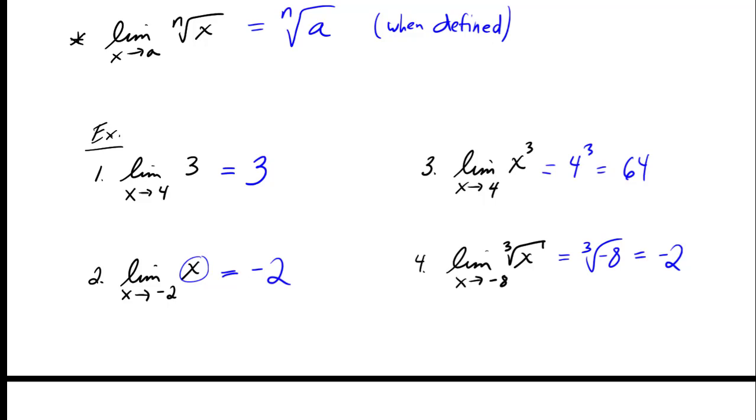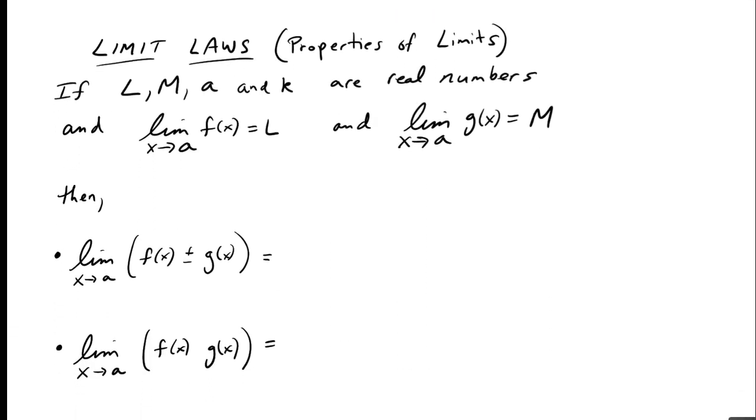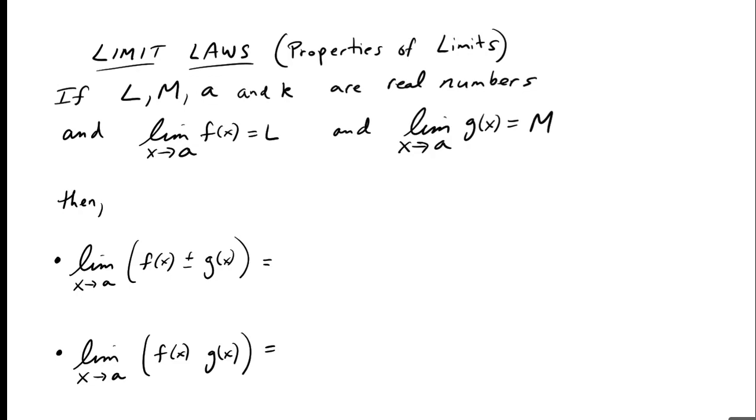So now we have some basic limits that we can calculate, but we need to know how to put them together, how we can combine them. And that's where the limit laws, or the properties of limits, come into play. This will allow us to combine different expressions and do the limits of larger expressions based on what we already know. All right, so let's just start with if capital L, capital M, little a, and k are real numbers,